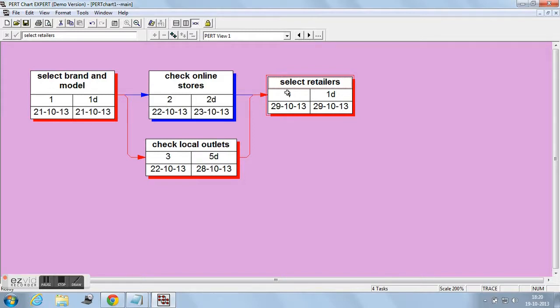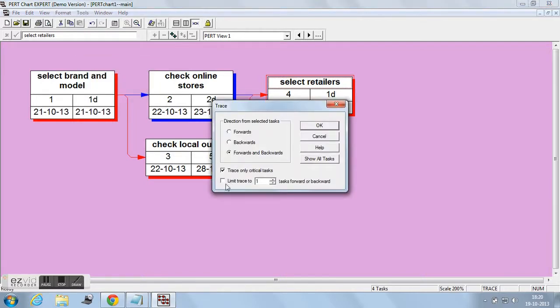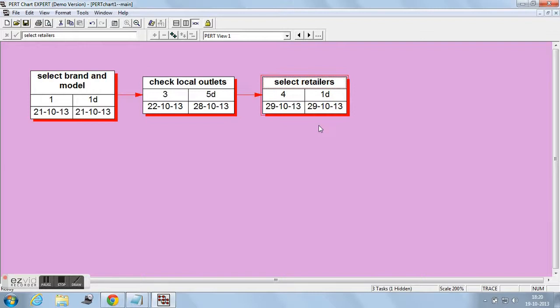And we can see red boxes and blue boxes. The red box and lines indicate that they are the critical path. The critical path identifies tasks which must be completed on time for the whole project to be completed on time. In order to see the critical path, go to Tools, click on Trace and select critical path only. We can see the critical path of our example. Critical path also identifies which task can be delayed if resource needs to be reallocated, and